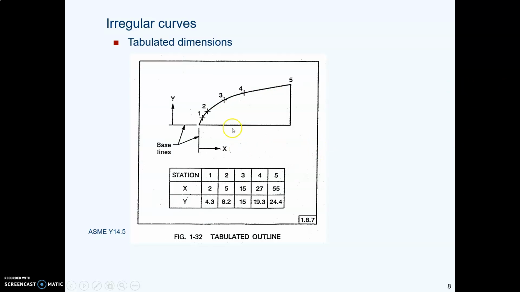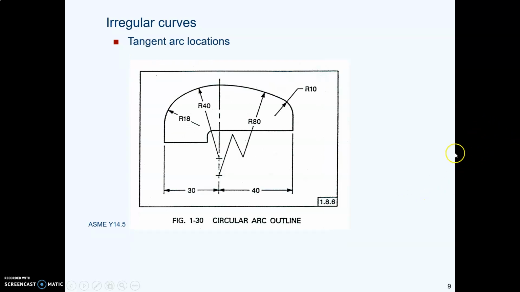Or you could give those same x and y coordinates in a table. Some shops prefer that. You can do a thing where you locate where these curves are tangent to each other. And notice that in